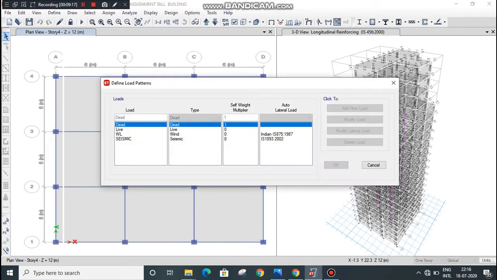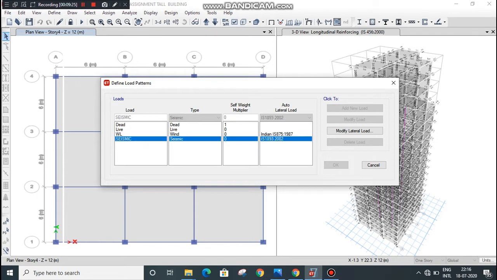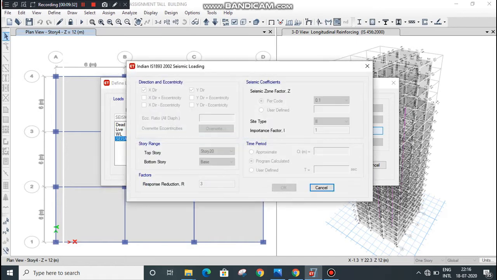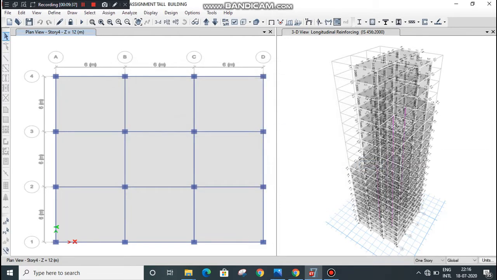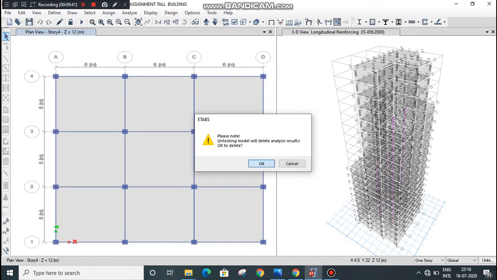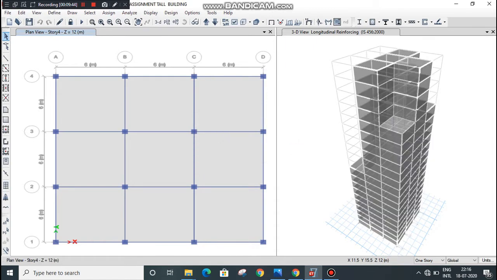Here you can see seismic load has been already defined. Go to modify lateral load. First of all, before making any changes in the building, we have to unlock our design. Click on OK.